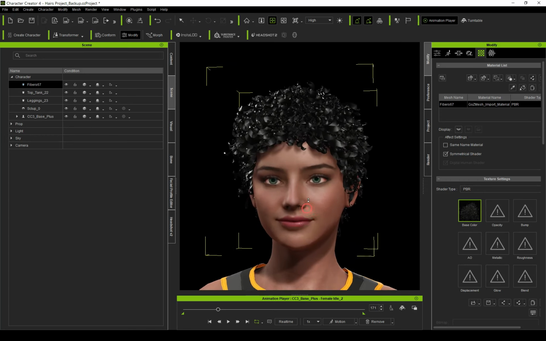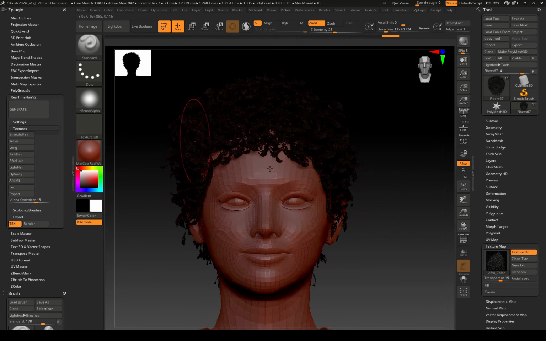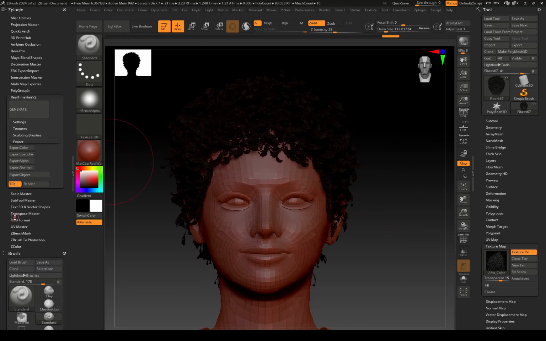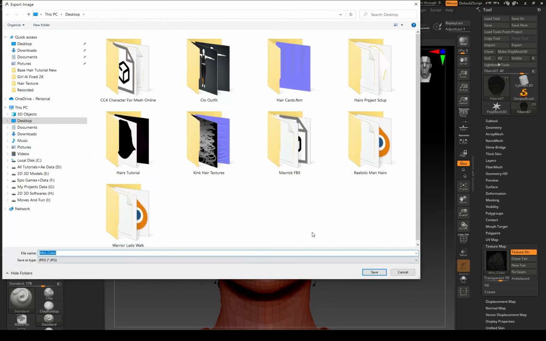Now we can add different types of textures. So I'm gonna export these textures. Here we have the option to export these textures. I'm gonna hit the color one, and then I will export the specular, alpha, and normal, and we can also export the object. Object means that these hairs will be exported from this section in the OBJ file format. So first I'm gonna export this one. I'm gonna export it to the desktop, or maybe